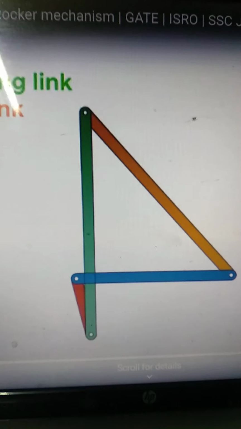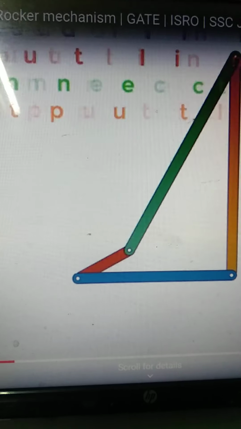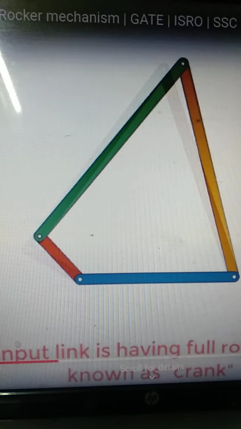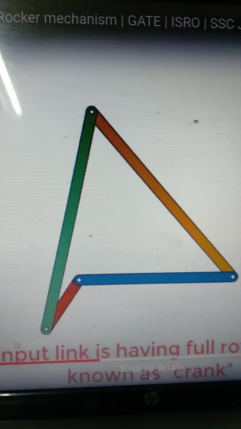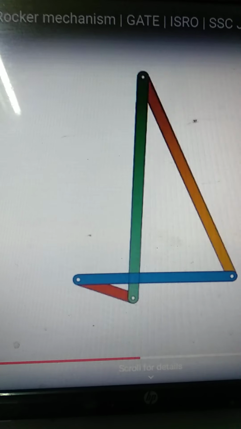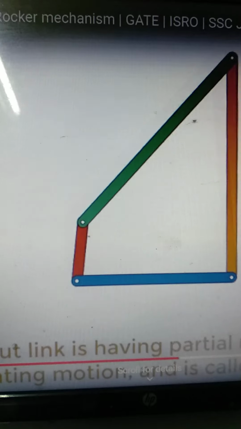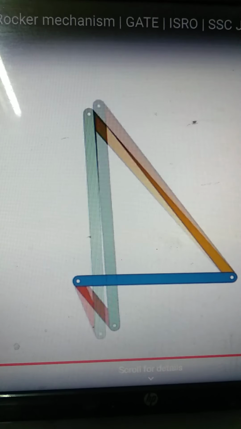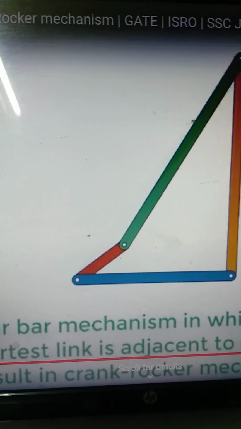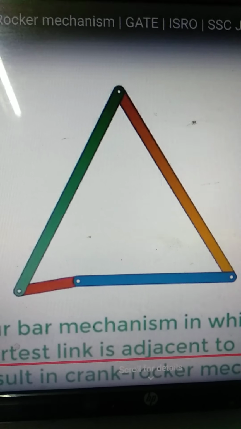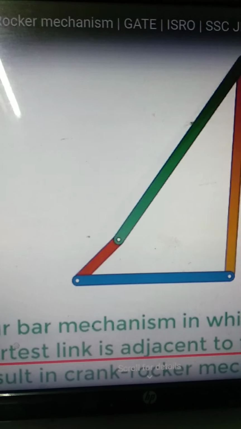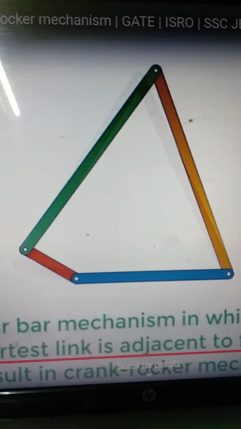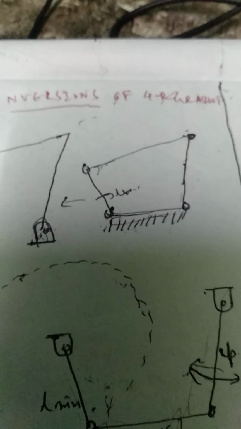So this is the animated video of the crank rocker mechanism. Over here you can see the smallest link, the red color link, which can rotate completely, is the crank, and the other ones, the green one and the yellow one, are simply rockers. Okay, they can rock. So there are some criteria for the crank rocker mechanism.